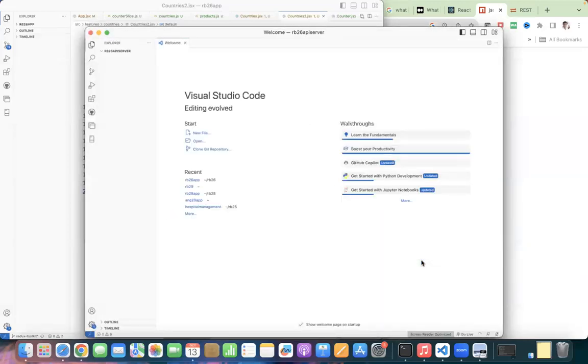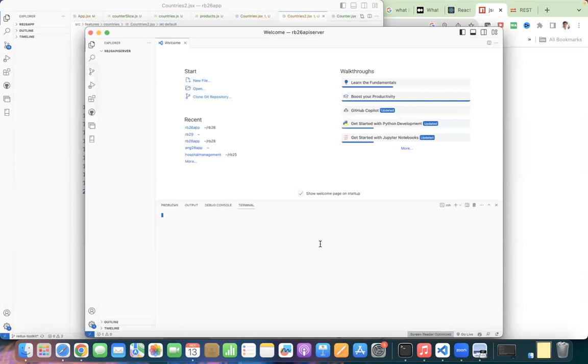I have created it, and I'll open the terminal for that. First things first, I have to run npm install